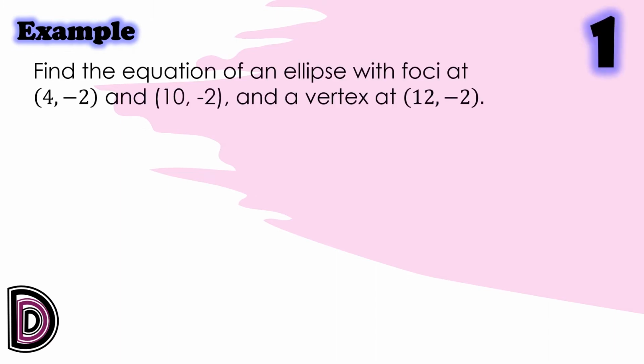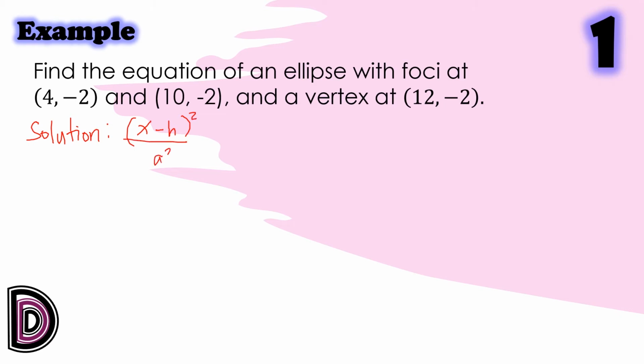Let us have example number 1. Find the equation of an ellipse with foci at (4, −2) and (10, −2) and the vertex at (12, −2). Let us have our solution. We know that the foci, the vertex, and the center of the ellipse are collinear. Since the foci and the vertex have the same y-coordinates, we have an ellipse whose major axis is parallel to the x-axis. And the standard form of the equation is (x − h)²